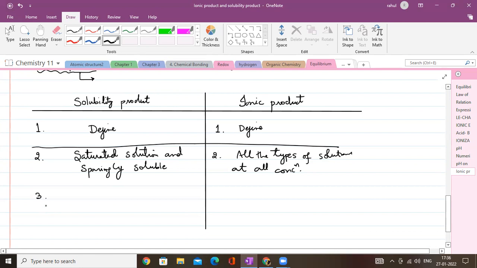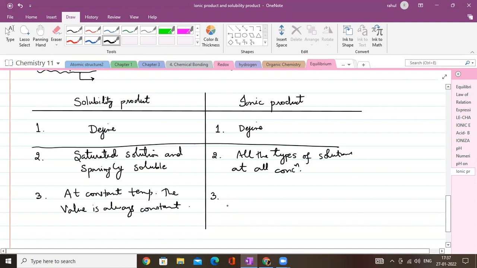And the most important thing right now is that the value of the solubility product is always constant for an electrolyte. Remember, at constant temperature, the value is always constant. Right? But here, since it is equal to the product